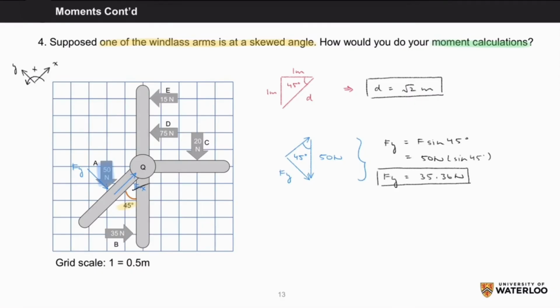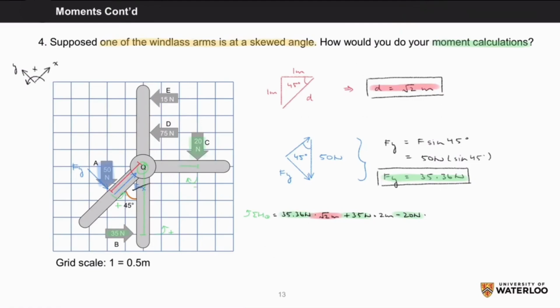As before, we'll calculate the total moments about Q. So the sum of M about Q equals 35.36 newtons from the y component of person A, which we're adding because it will act in the counterclockwise direction, times its normal distance to Q of root 2 meters, plus 35 newtons from B, which we're again adding because it will act in the positive counterclockwise direction, times its normal distance to Q of 2 meters, minus 20 newtons from C, which we're subtracting because it will act in the clockwise